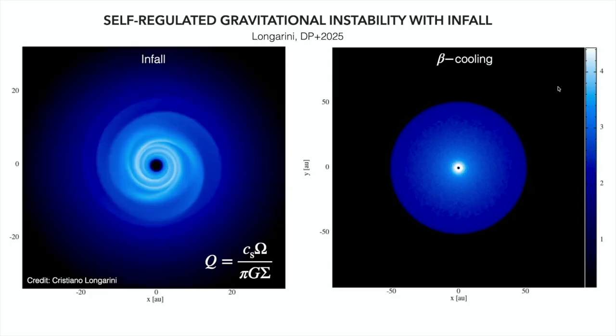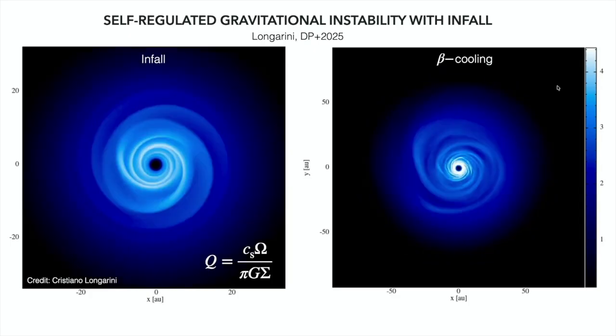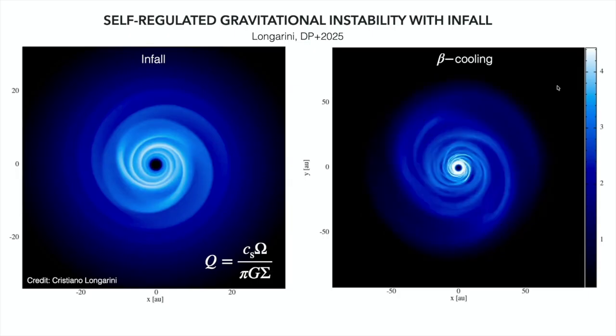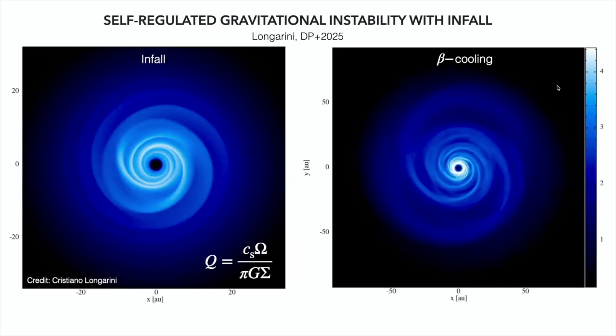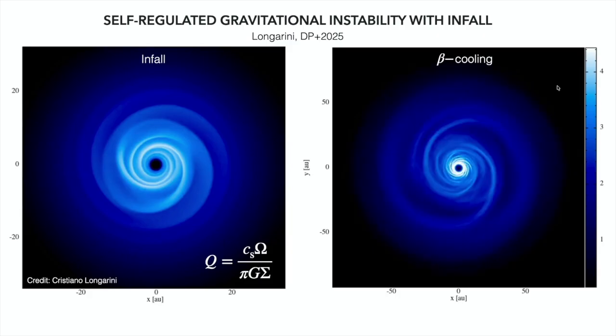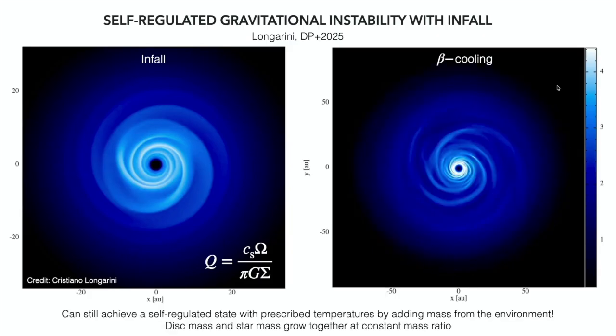So it's more like a bathtub rather than a thermostat. So you're continually adding material, but it's also going down the drain. But you can make things work if you don't consider a disk as being in isolation. All right, so there are some little differences, but you could explain things.